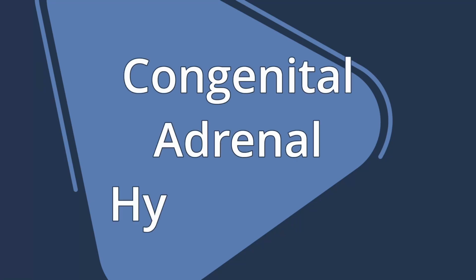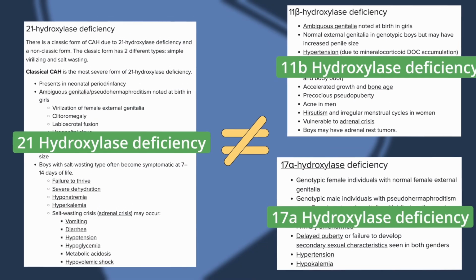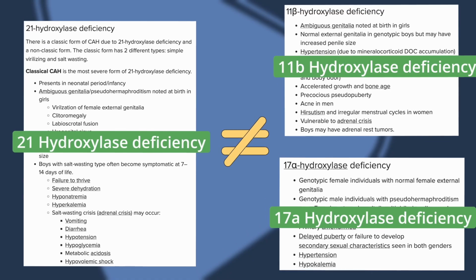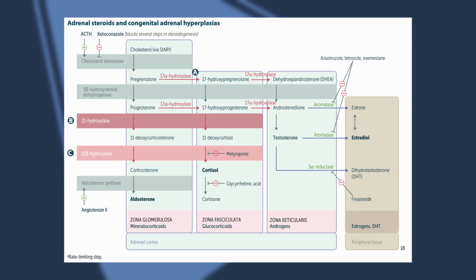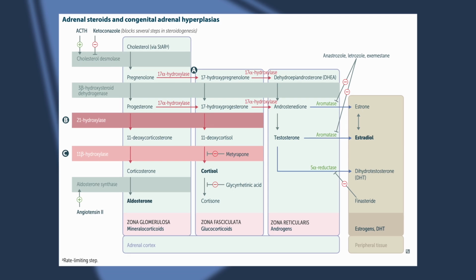Congenital adrenal hyperplasia. This is a very frequently tested pathology on the USMLE and is a headache for many doctors because it encompasses three very different diseases, each with distinct biochemical and clinical profiles. As such, we often believe that the only way to really tackle these diseases is by memorizing complex biochemical charts like this one. But in this video, with the help of a really simple strategy, I'll show you that that's